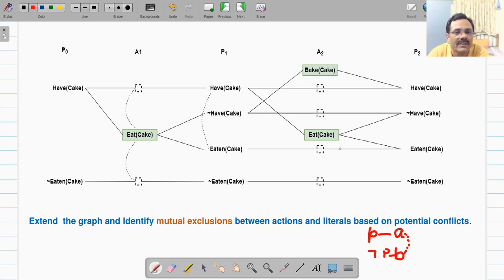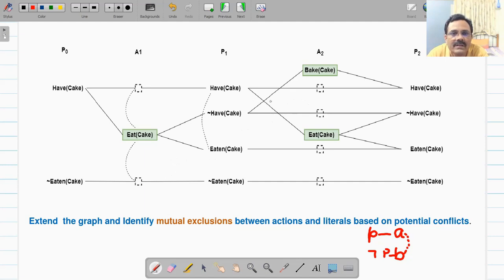Here you will see that for eat cake, the precondition is have cake, and for this no op action, the precondition is have cake. So they do not have competing needs. So you identify two actions in such a way that they have competing needs.